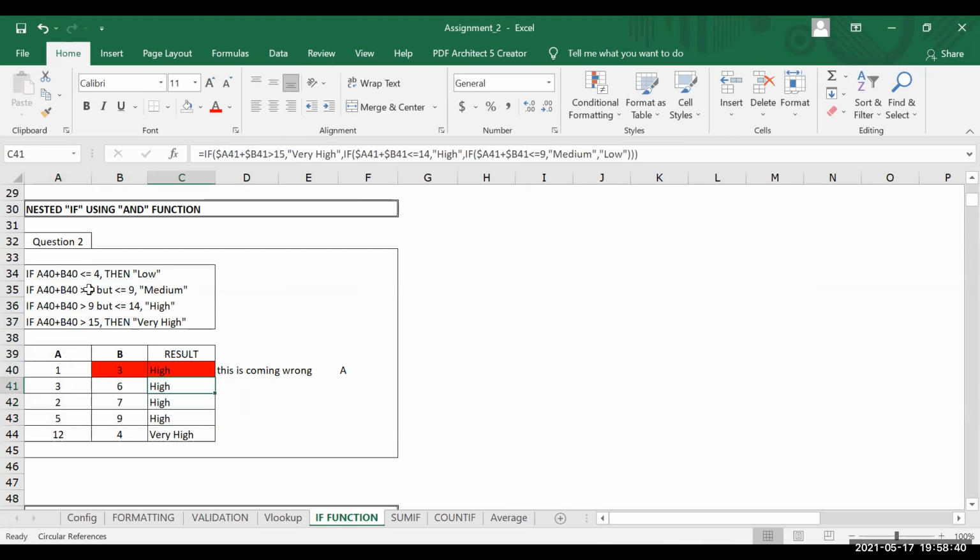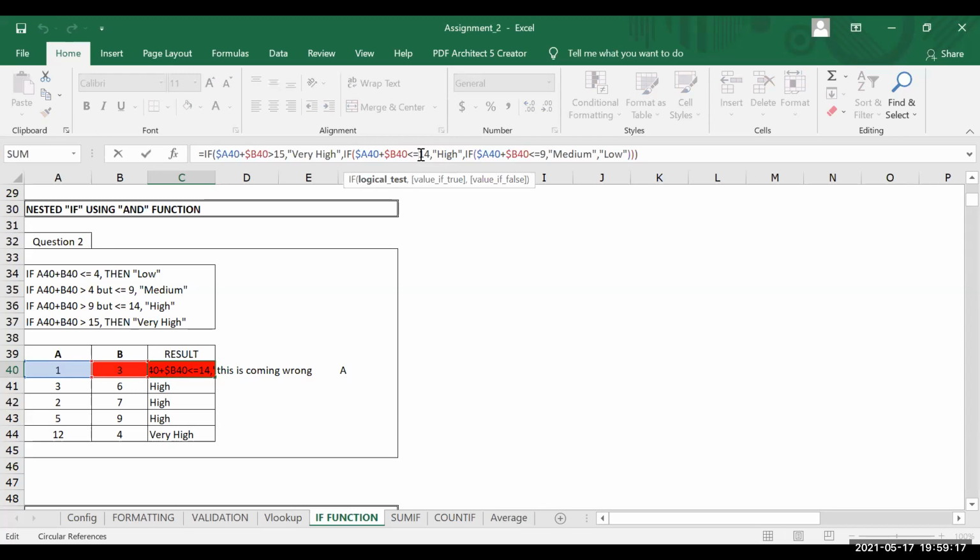So basically, you have to build the condition differently. You have technically tried to use the same thing, but the logic will be changed a little bit. You will say if the number is more than 15, then the output should be very high, which is correct. And then you will actually have to use the AND condition. So you can say if the number is greater than 9. Maybe you can use it over here like this.